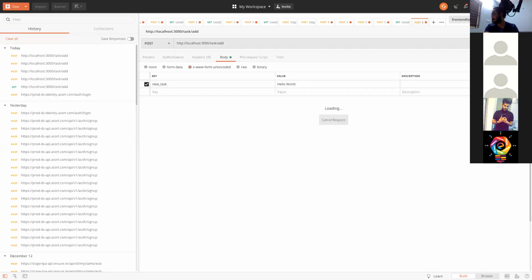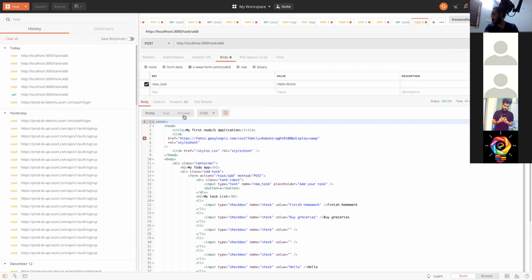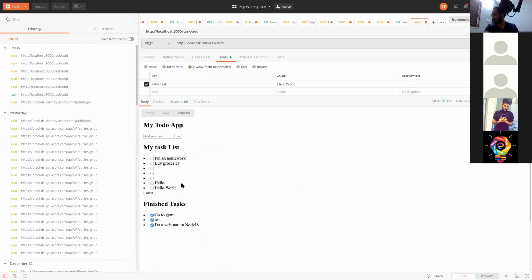Let's see what happens. Okay, we got some HTML. Let's click on preview. Okay, we saw that our hello world request got posted through Postman also. So we can use this both as a REST API